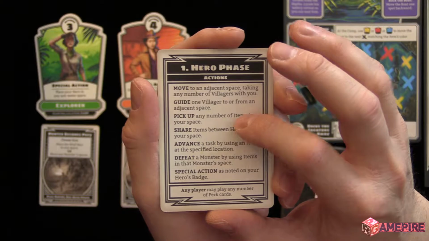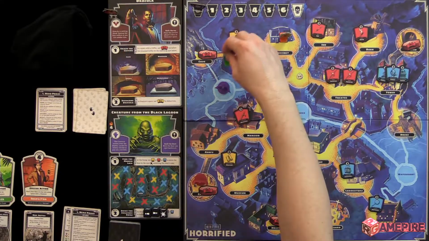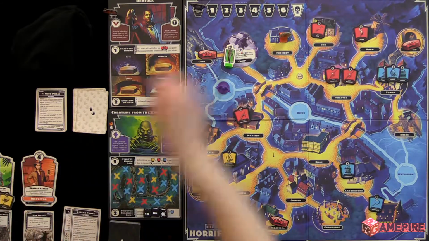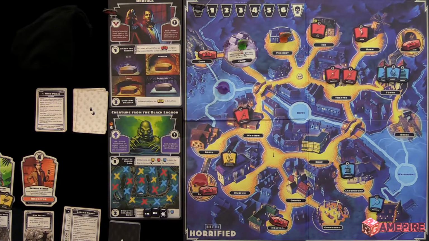So that's very important to remember. If you notice here, I start with 2 items. I can do 1 action, pick them both up. They go into my inventory. That's my first action. My second action is I can